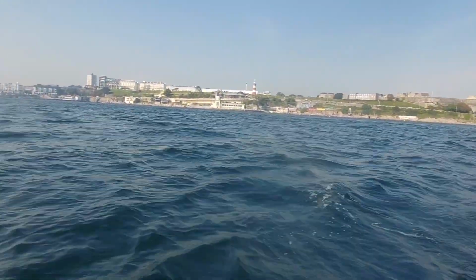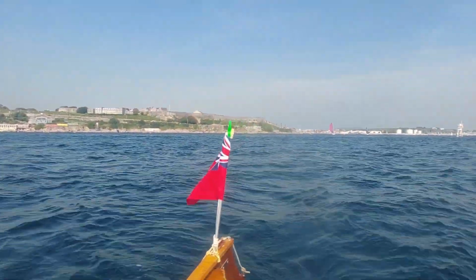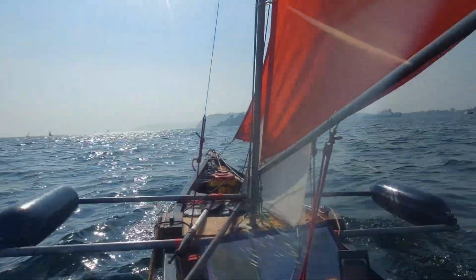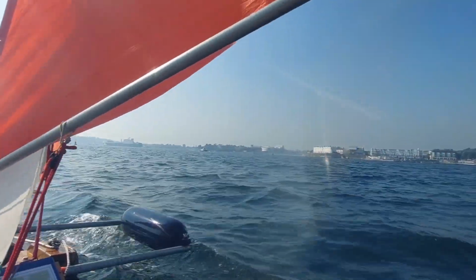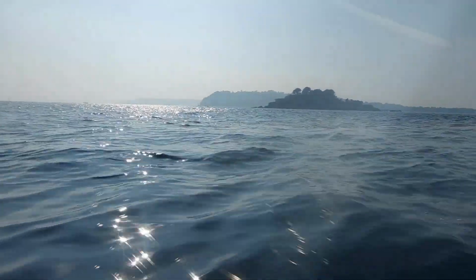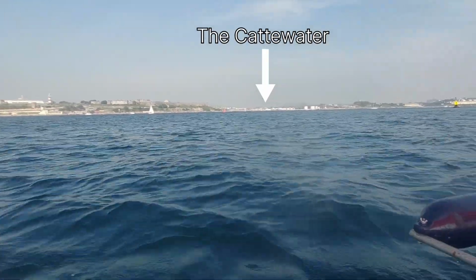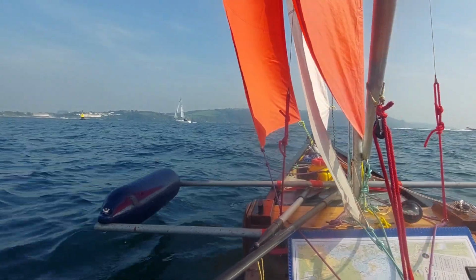Plymouth Hoe over there. It's a little bit windy, which is ideal for sailing. It's nice and sunny and warm. Made it over to Drake's Island, just over there. And came out of the Cattewater, just over there, as usual. And we're just heading over towards Jenny Cliff Bay over there,